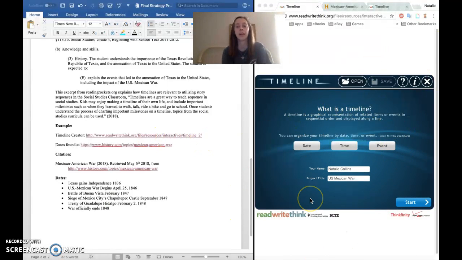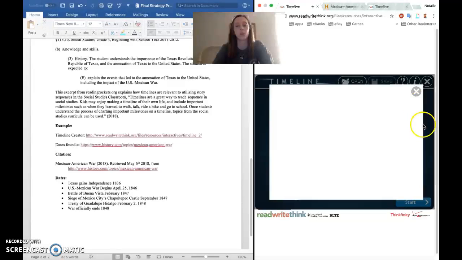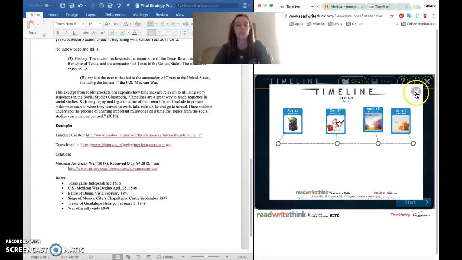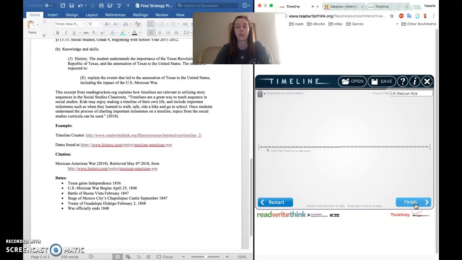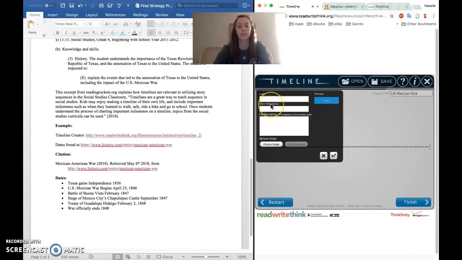And it'll say, what's a timeline? A timeline is a graphical representation of related items or events in sequential order and displayed along a line. Here it will have a little pop-up that will show you different examples of how to use the timeline. You'll type in your name and your project title, and you'll click Start. And you'll start with a blank timeline that when you click here, you can type in a label, such as this: Texas gains independence